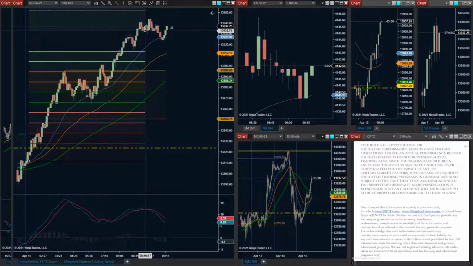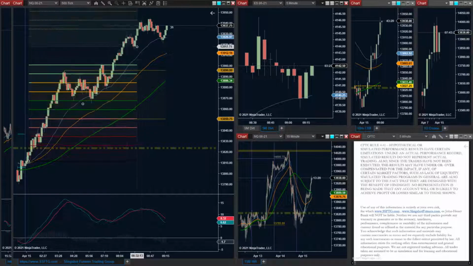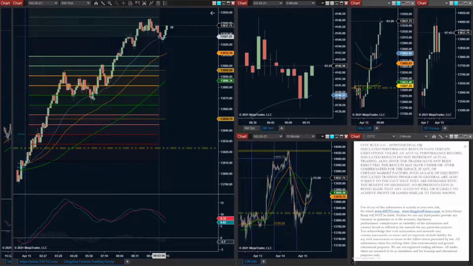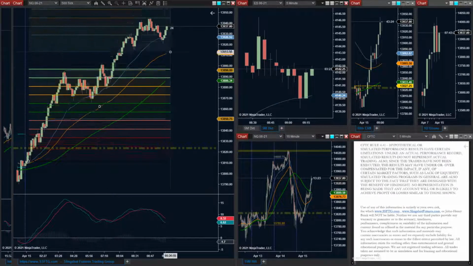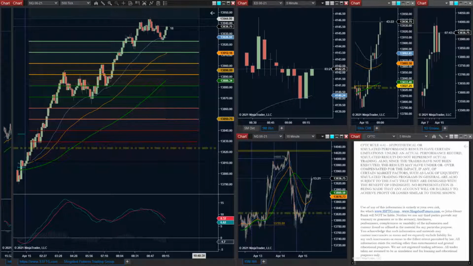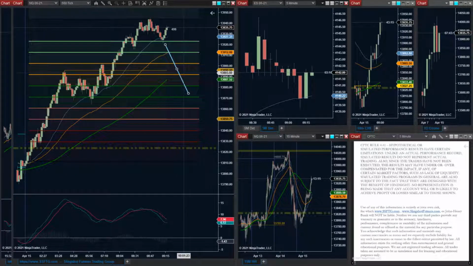But this next breakout, this was no joke, right? This is sustainable breakout movement. So given that there is sustainable breakout movement, the next pullback is likely to continue this trend, L1, L2. We're trying to keep this thing going. Where are we finding immediate responsive support off of? L1, to the tick. Bounce. So we already know buyers are trying. They haven't made a new high yet, but this is kind of what you'd expect to see.